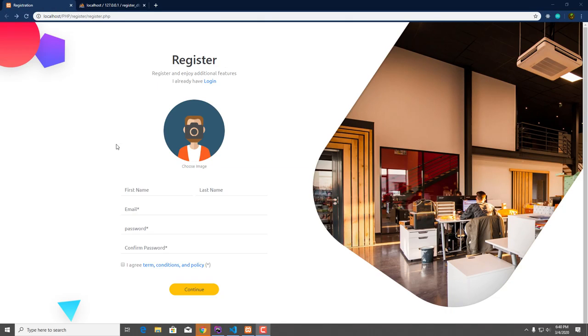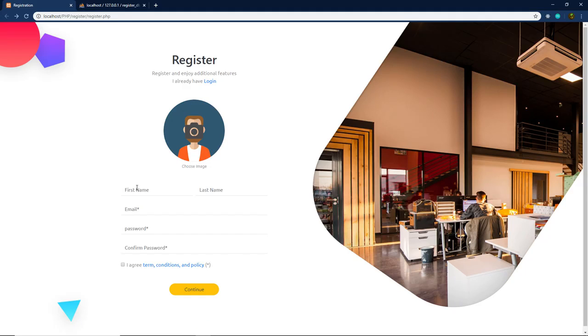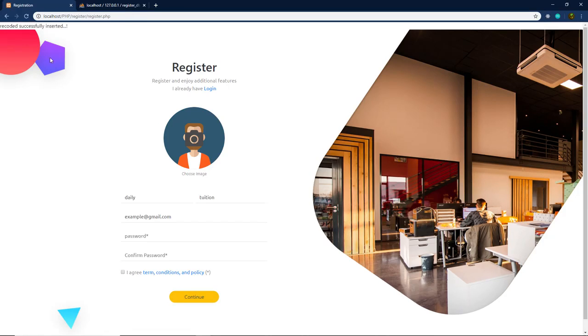Now let me fill in this information and register as a new user. I'm going to specify first name daily, the last name is going to be tuition. Then I'm going to specify email example@gmail.com. Then I'm going to specify a password, check this checkbox and click on continue. When I click on it, you can see the error message password not match. Let me add one more character here, and when I click on this continue button, you can see a